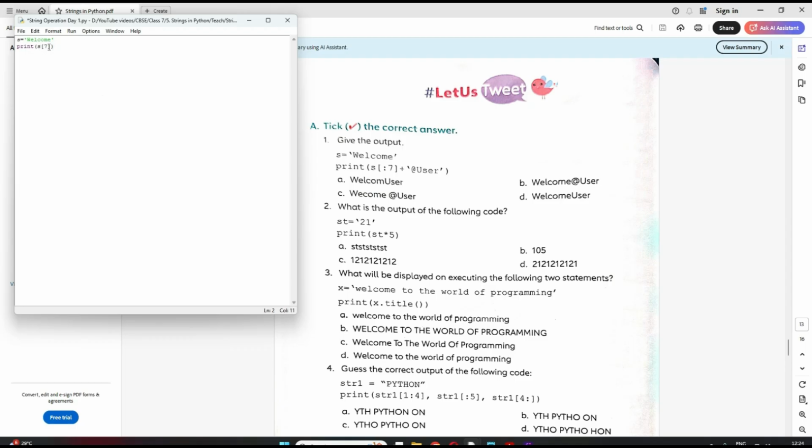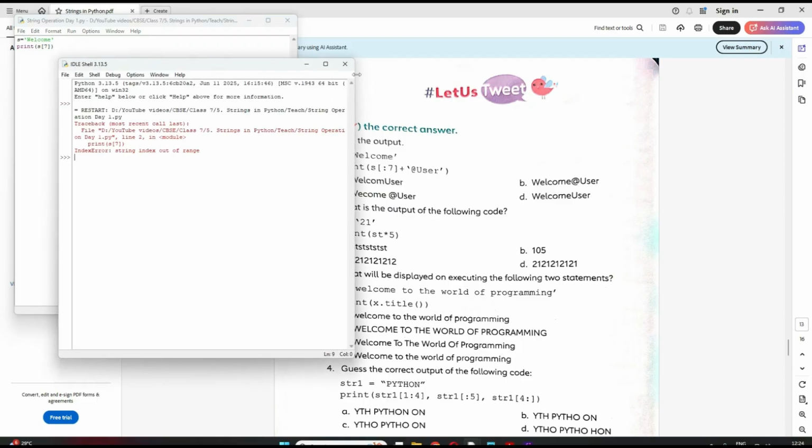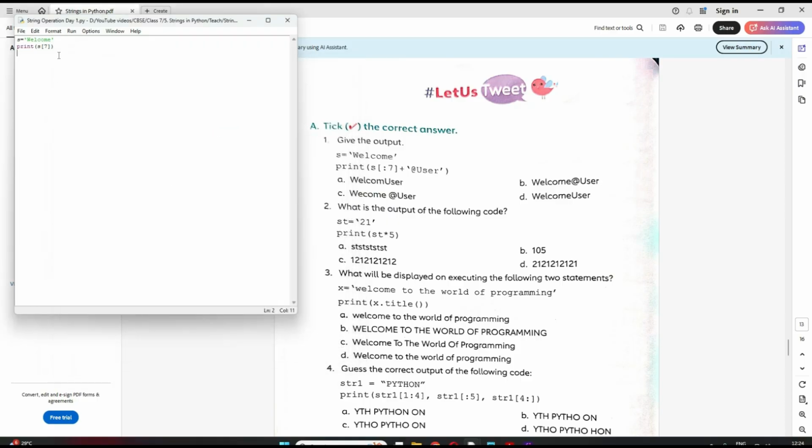It would print the character at the 7th index, right? Which is 0, 1, 2, 3, 4, 5, 6. We don't have a 7th index here, so it will not print anything. Error it will give. Suppose I had one more character, then it would have printed G.